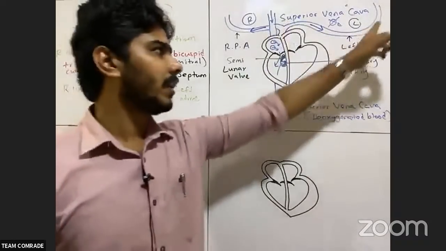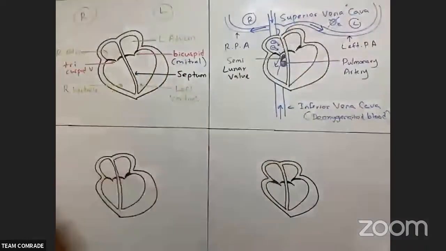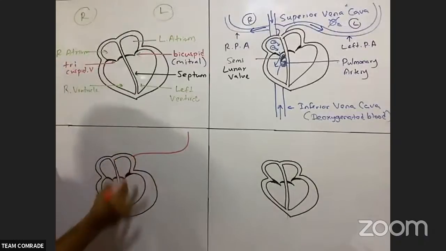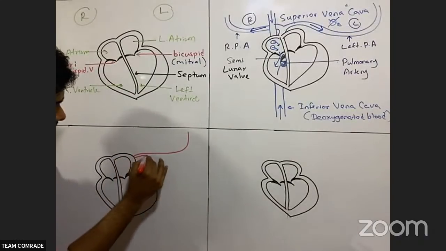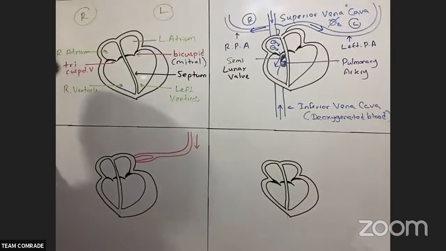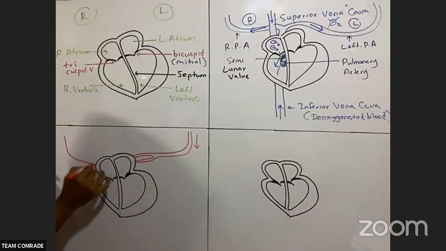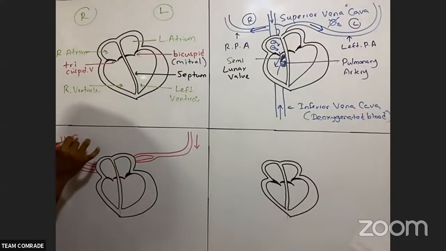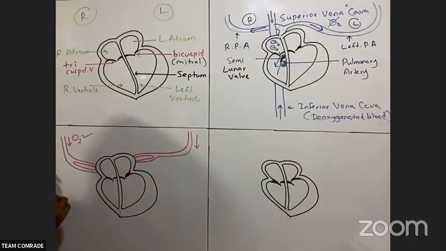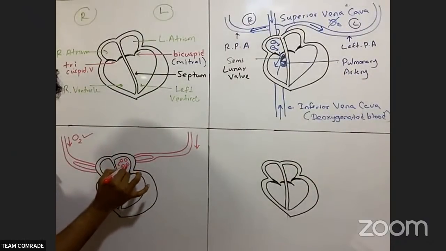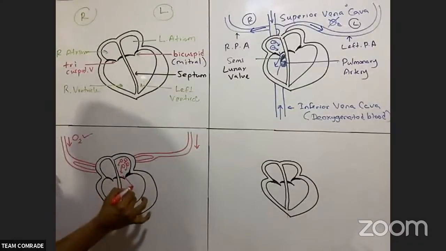Now, the deoxygenated blood went to the lungs. Right. Now, from the lungs, it is coming like this. This is what we call the left pulmonary vein. Left pulmonary veins. Right. This is the right pulmonary. Right, with oxygenated blood, getting enter from here, here, and here. Now what happens? They are draining blood down here, right?